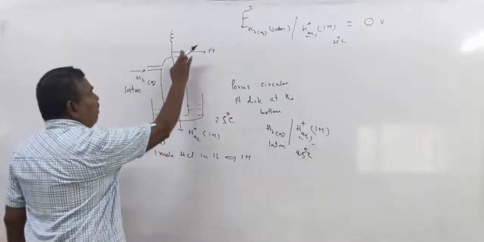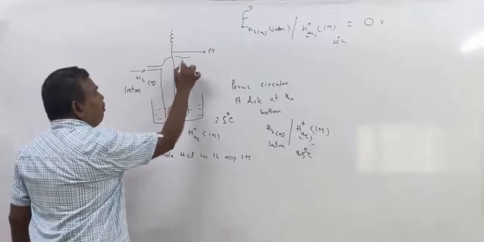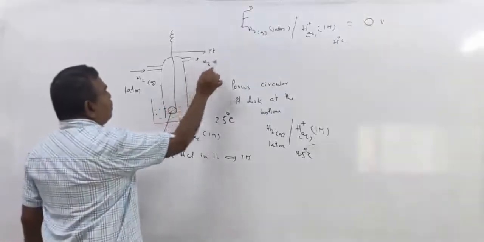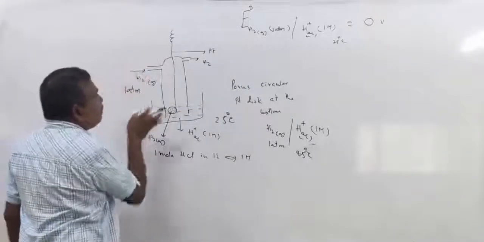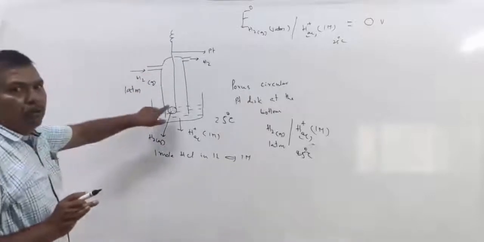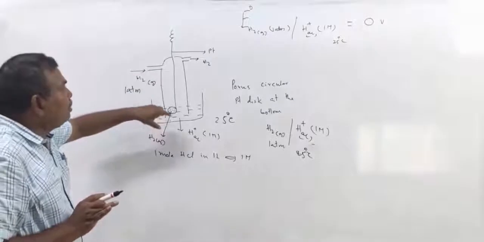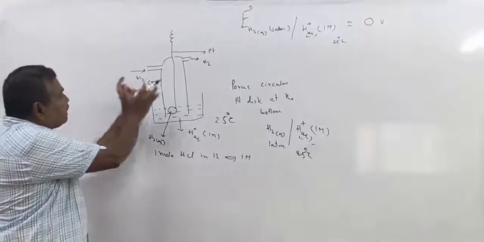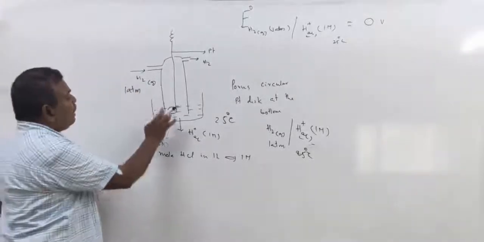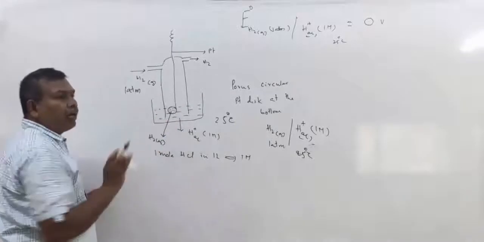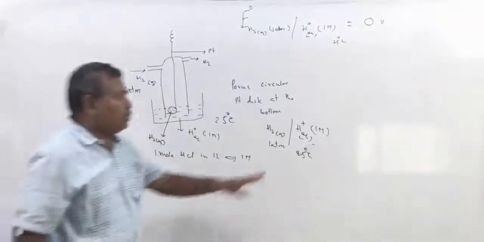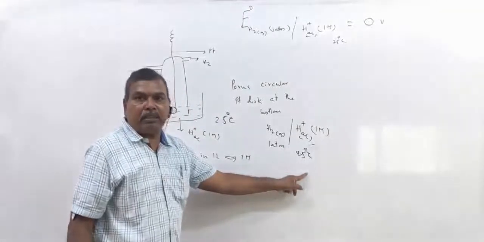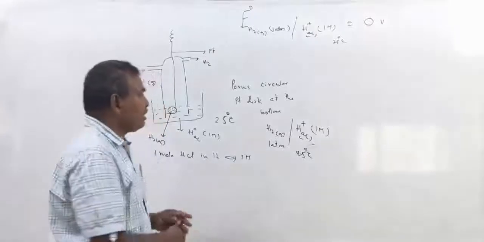See, excess gas can leave from this outlet, excess of hydrogen gas. So hydrogen gas is continuously passed into the jar. Thereby, some hydrogen molecules will insert in the tiny holes and some molecules will leave from the jar. So hydrogen gas is continuously passed, such that hydrogen molecules in the disc are in contact with H plus ions in the solution. H plus ion concentration is 1 molar. Hydrogen gas is at 1 atmosphere pressure and temperature is room temperature, 25 degrees Celsius.